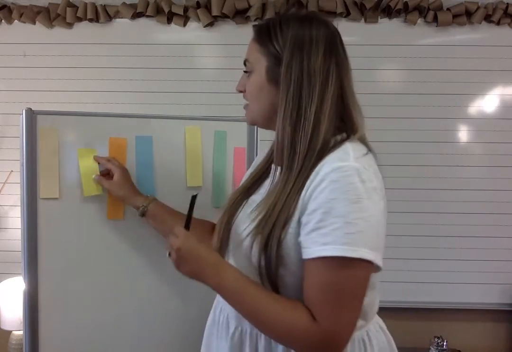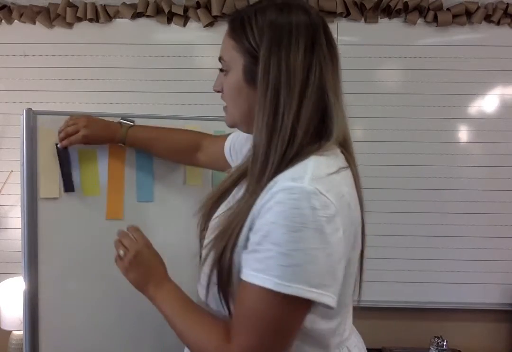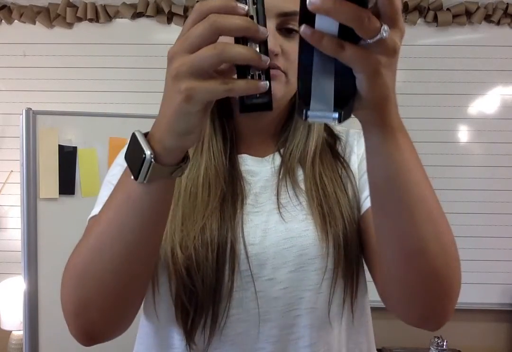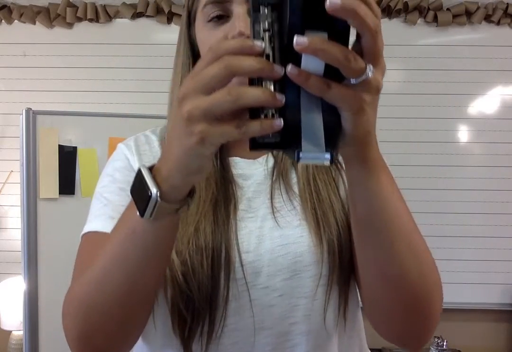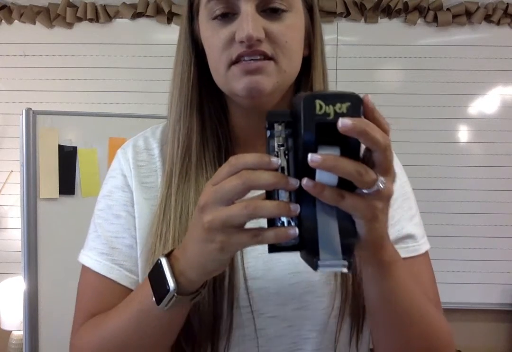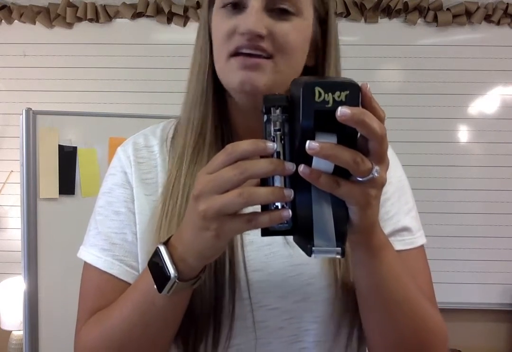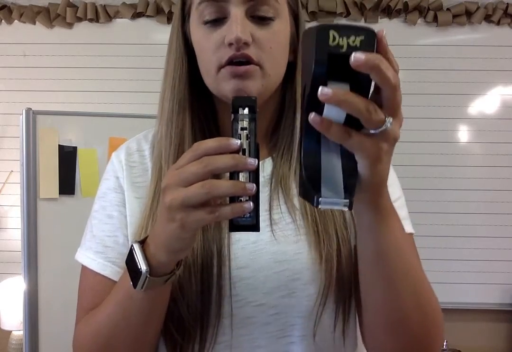So today what I want you guys to do is go around your house and find some items. And I want you to see and measure if those items are longer or if they're shorter, or maybe they're the same length. So if I took my tape dispenser and my stapler, I would make sure that they lined up at the bottom, and then I'd see if they went to the same spot up at the top. Now they don't, so I know my tape measure is longer than my